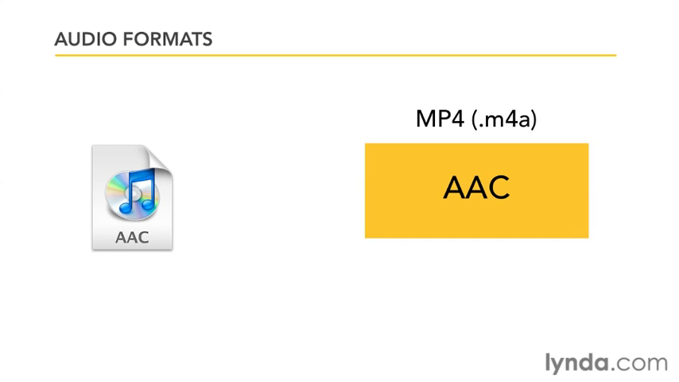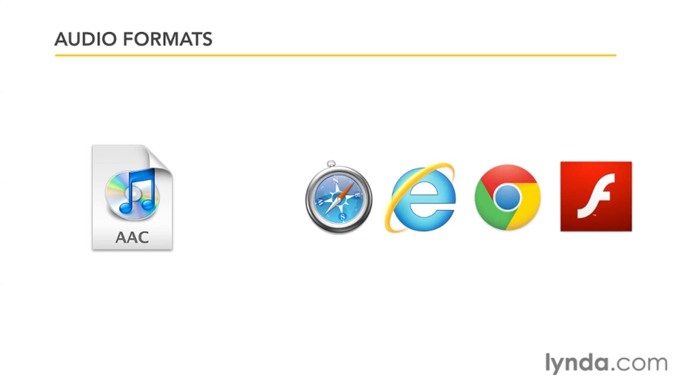Next we have the AAC format, which is the same format as the MP4 H.264 video format, just without the video data. These files will typically have an M4A extension to distinguish them from the video files, even though it's the same container format. AAC is supported by the same browsers as MP3. It's actually the successor to MP3 and can achieve a higher sound quality. Both MP3 and AAC have royalties associated with them, so if you're charging for your audio, make sure you understand